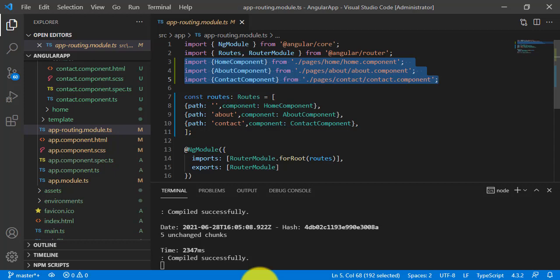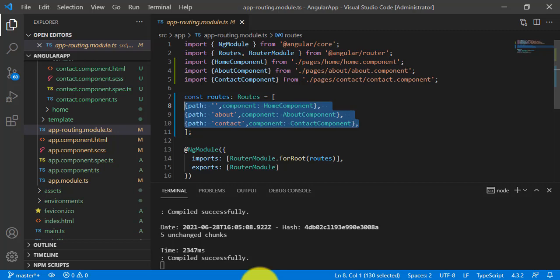And also we should explicitly declare the path of each component, and after that we add this path with the component name under the routes section, whatever you need, that is for home, for the about component and for the contact component. So this much change I have done. These 3 lines of code: we have declared the path of each component explicitly, and after that we have added these 3 lines of code under the routes section using path and each component, that is home, about and contact.